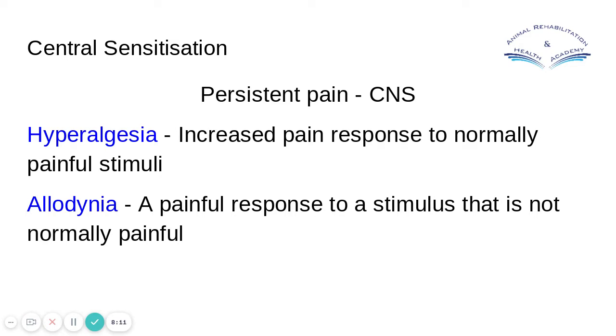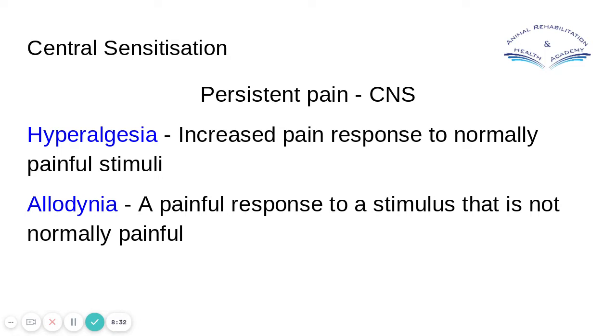This is in the central nervous system. So this is a central nervous system issue. This is not a peripheral issue. This is not pain in a foot that's being persistent. It's not tissue damage. It's not an inflammatory thing. It's a persistent pain within, or being recorded, if you like, within the central nervous system.